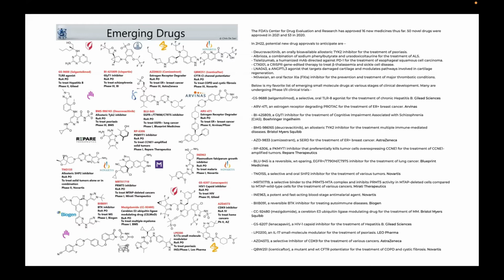In 2022, the potential new drug targets, you can see that there are big companies involved in this, Novartis, AstraZeneca, and different types of molecules which are more target based. AstraZeneca's search for treatment of ER positive breast cancer, which is more specific to individual mutations, is also described